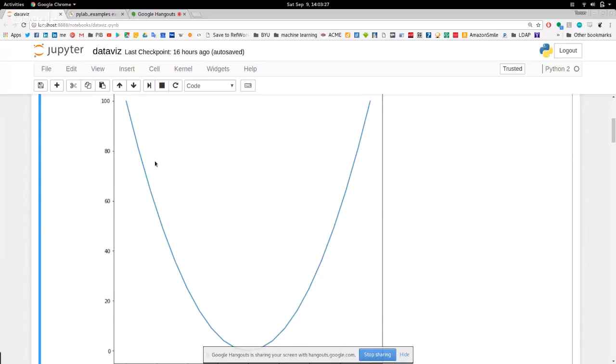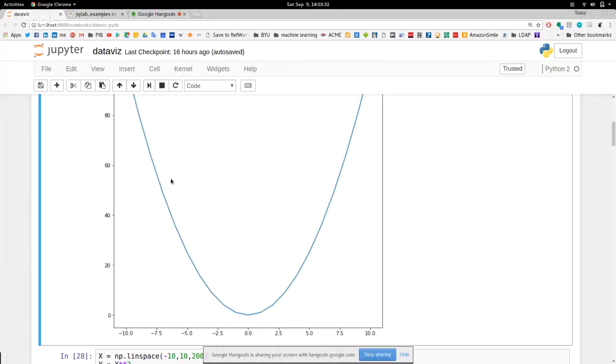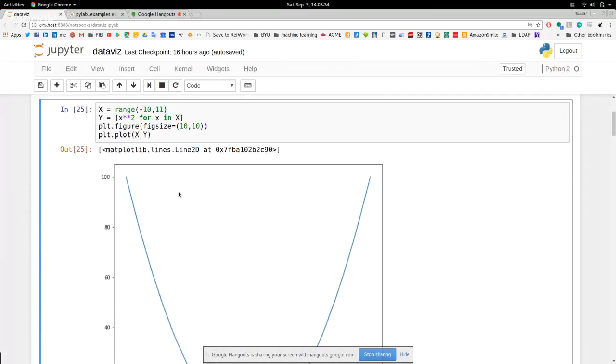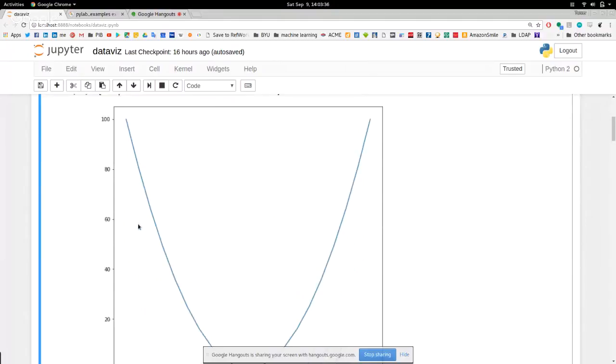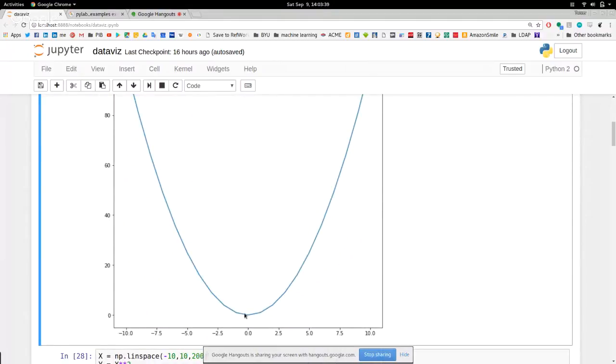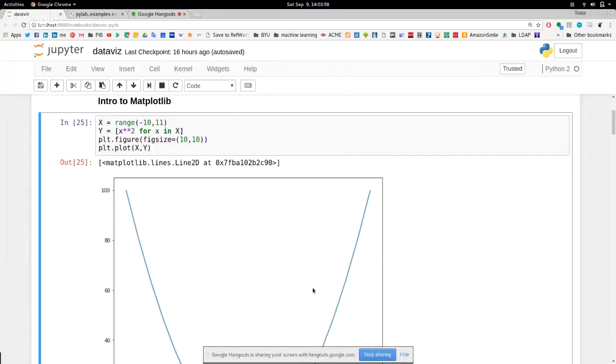All right, cool. As you can see, that plots this nice parabola that we know as y equals x squared. But because my x points were just integers, you can see that it's a little bit jagged. You can see each point. What it does is it just draws a straight line between each one of the points that I give it. So if I only give it integers on the x-axis, then there'll be a little bit of a sharp angle there. So to improve,